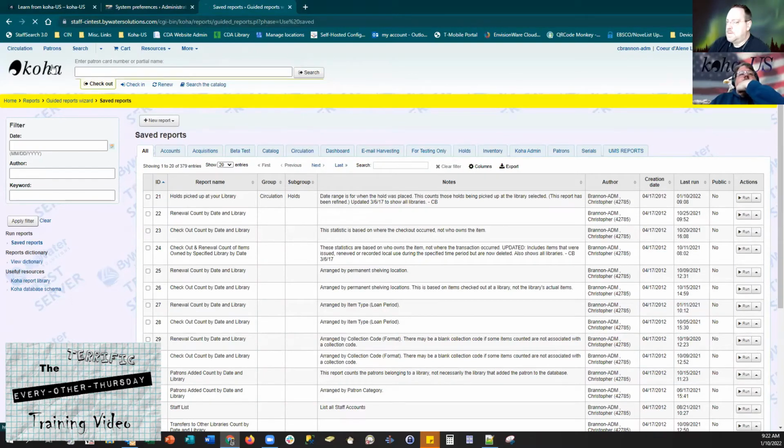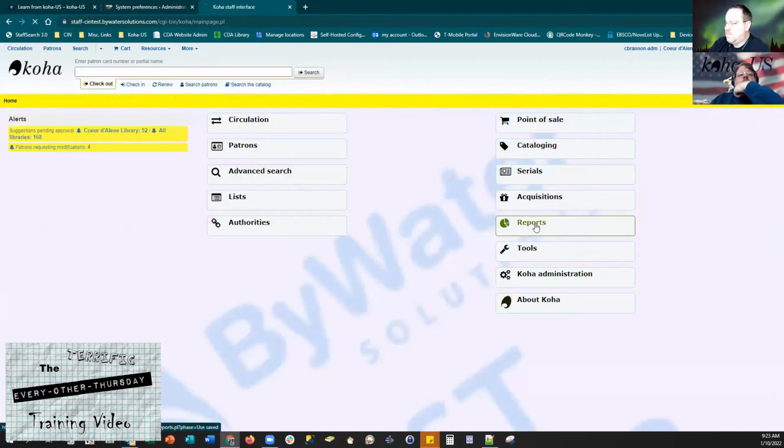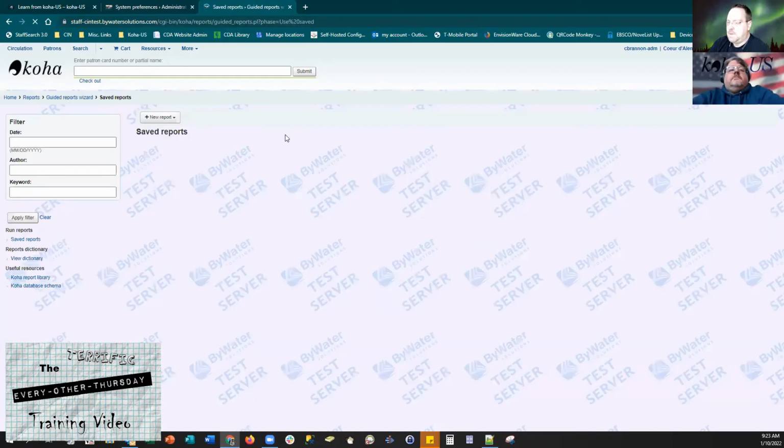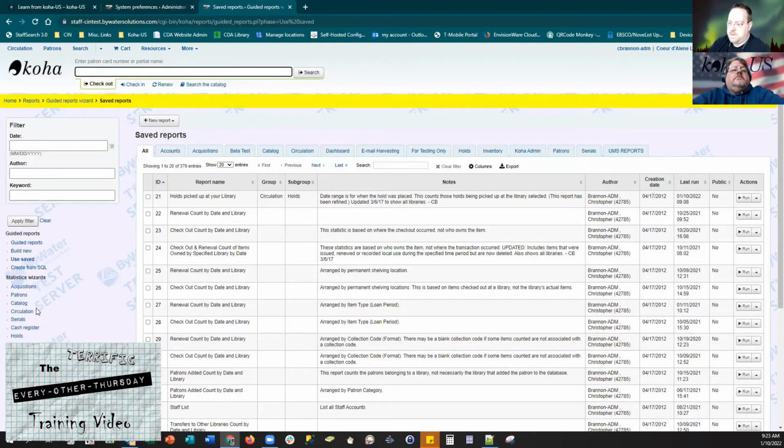Now let's go back here and we'll click on the reports page. That page will load in just a second. And now I've got all those links over here on the left, and it's taking me straight to this page. Yeah, the reason that I don't have that icon on the home page go directly to saved reports is because